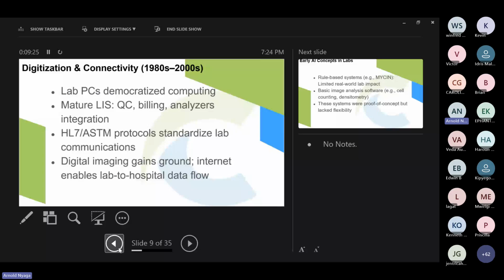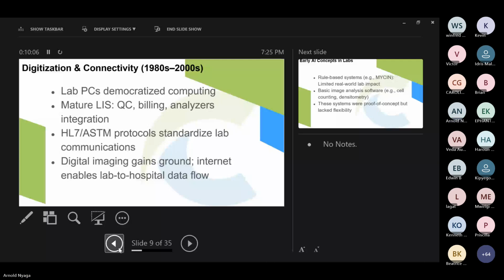In the 2000s, personal computers became smaller, so most laboratories could get computers. Then LISs became more conducive, because you could get LISs with quality control and billing, interfaced with the analyzers. The interfacing protocols were standardized for communication, also with other systems like hospital management systems. Then we could get cloud-based